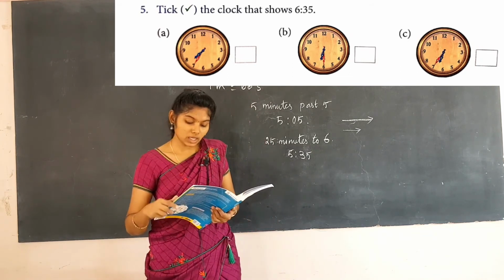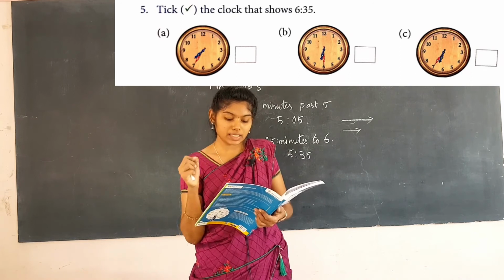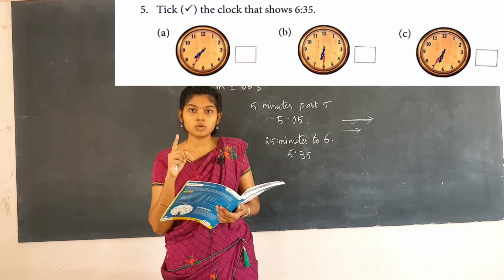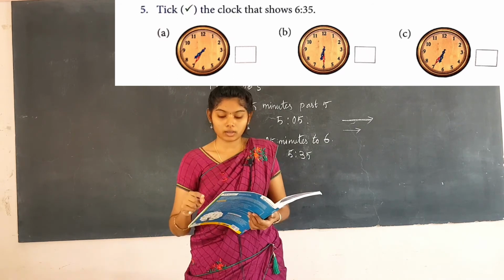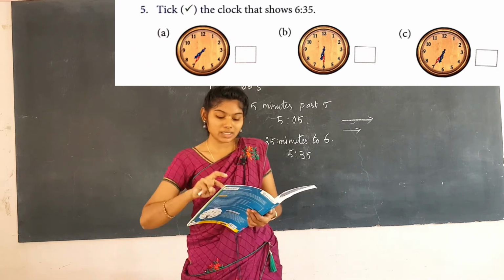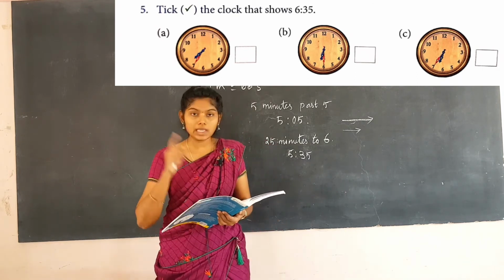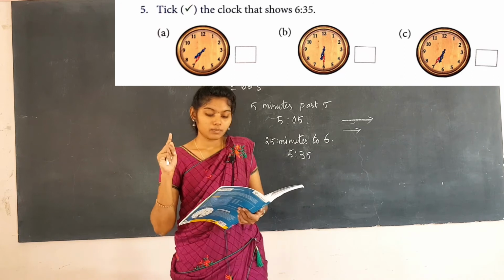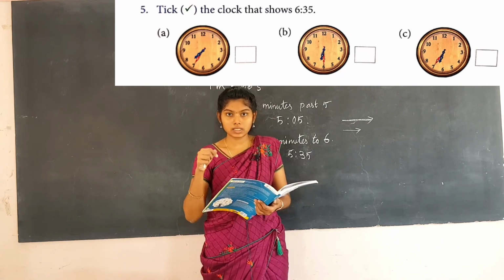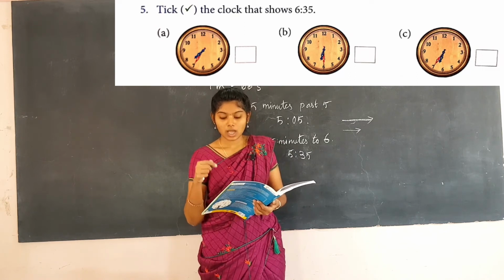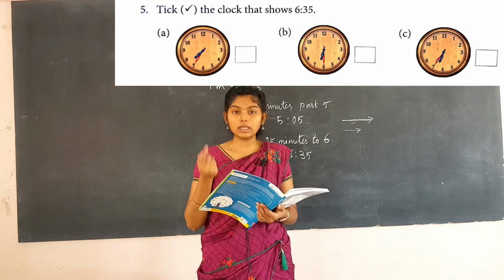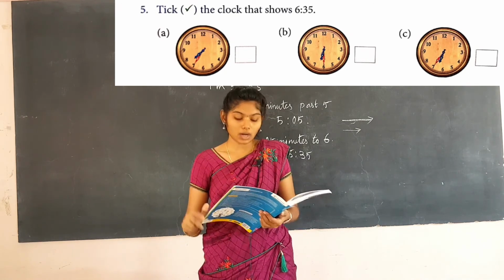Then the next one, see, the hour hand is between 6 and 7. So it may be 6:35 or something. I am not going to say the minute. You are going to find that one. And see the third one, it's also between 6 and 7. So the options may be B or C only. Definitely A is wrong. So B or C you are going to find. The long hand faces 6, right? Long hand faces 6. So 6 means 30 minutes, and the next one, C, the long hand is facing 7, that is 35. So you are going to find which one is the right answer.